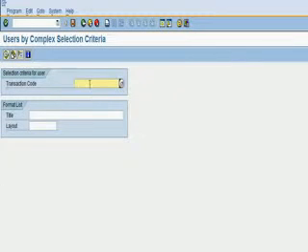If you go there, you have to enter the particular transaction which the functional consultants require, to find out whichever users are using it. So if a functional consultant is asking about overall users using a particular transaction, for example SU01, the functional consultant wants to know who are all the users currently using SU01.